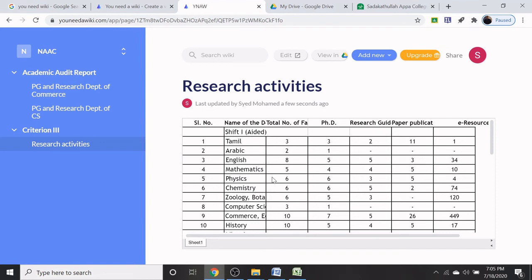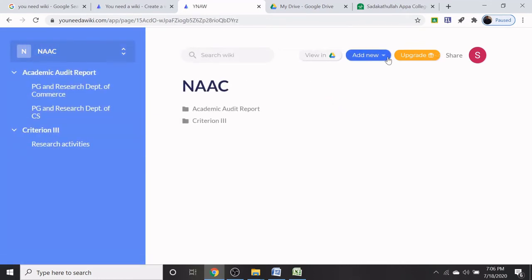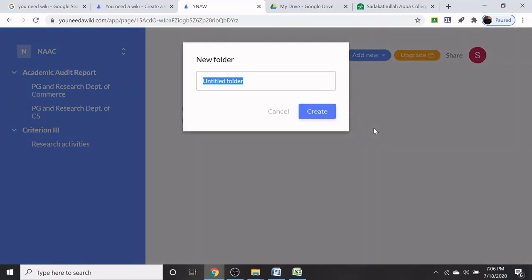Similarly, you can create a new folder named as metrics.